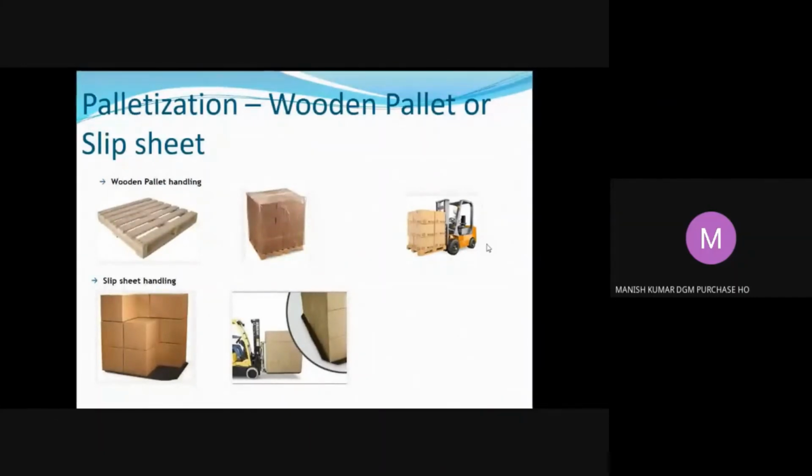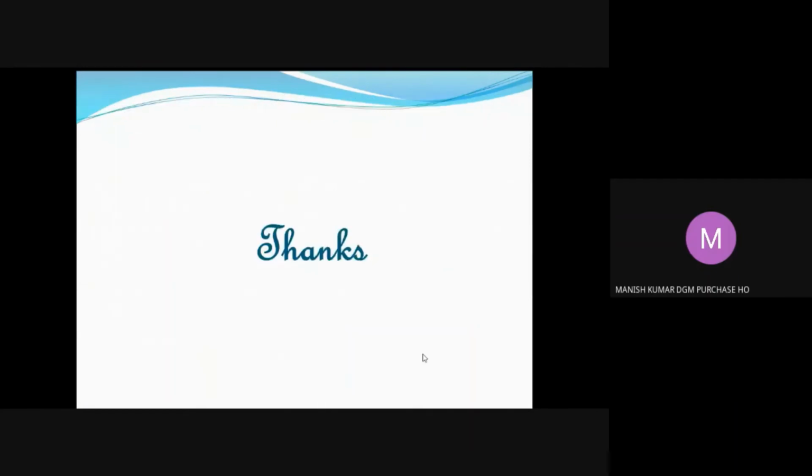Then it is dispatched. Instead of the wooden pallet, the new trend is the slip sheet. People are using it. For that, you need a different type of forklift with a push and pull attachment. It can save wood also, and it is very good for the sustainability part. But the drawback is that wherever you are dispatching, loading and unloading on both sides, you need the special attachment for your forklift.